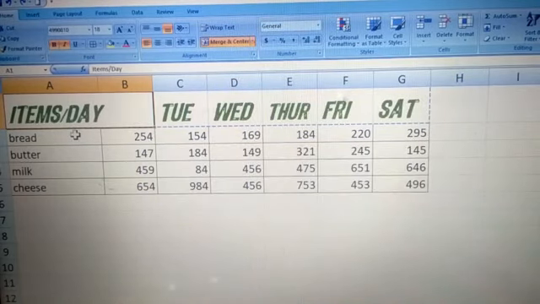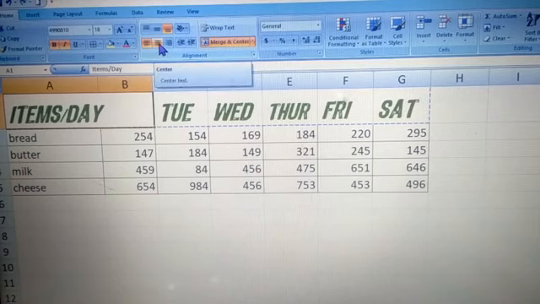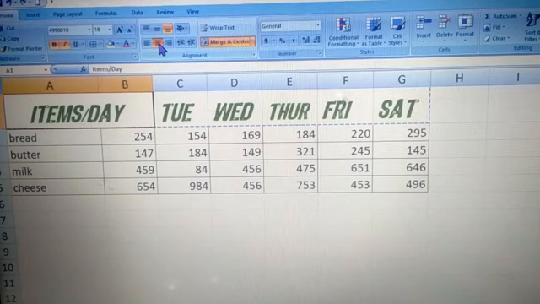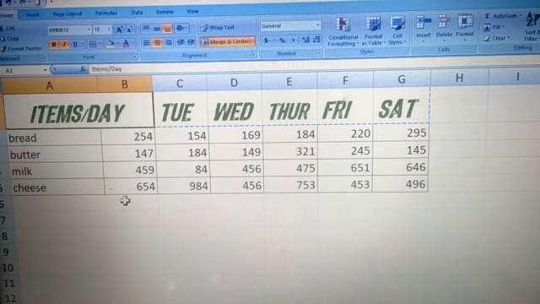Can you see that? And now you can change its orientation also, like where you want it, at center. If you want to align left also, you can do that. So this is how you merge two cells. Right now it is covering two columns. Like if you want to show some data, but the heading is the same for both the data, you can show it with the help of merge cells.